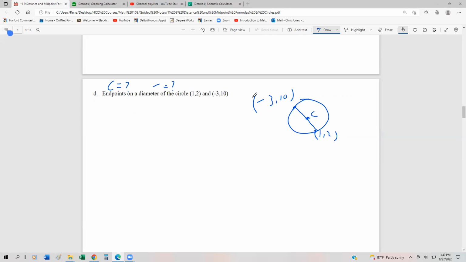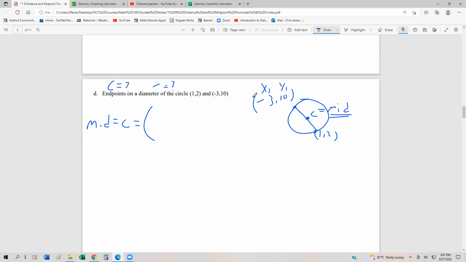And also, we don't have the center. We just have the 2 points on the ends. But one thing that we notice is that the center is going to be the midpoint of those 2 points, because remember, the diameter goes right through the circle. And so to find our midpoint, which is our center, that's going to be, if we call